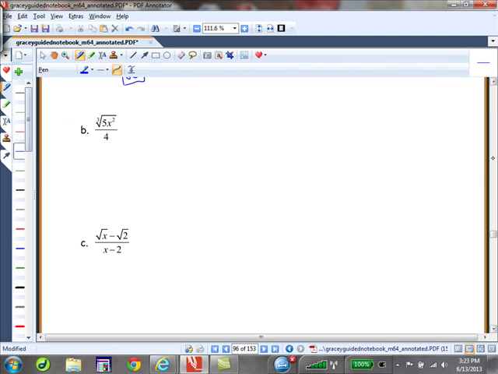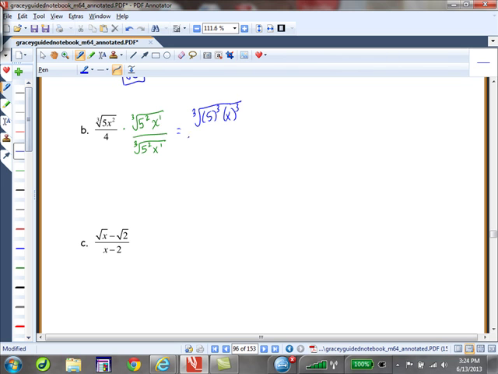All right, part B, we have a cube root. So what do we want under the radical? Perfect cubes, good. So our 1 that we pick will be the cube root of. We have a 5 to the 1, so we need a 5 squared. We have an x to the square, so we need an x to the 1. So then, this will yield a result of the cube root of 5 cubed x cubed